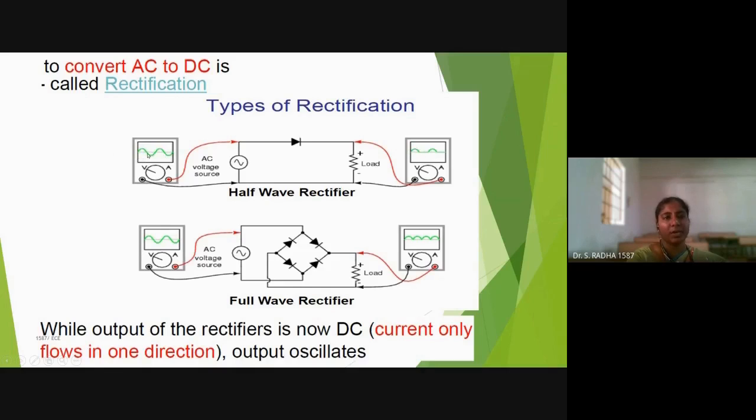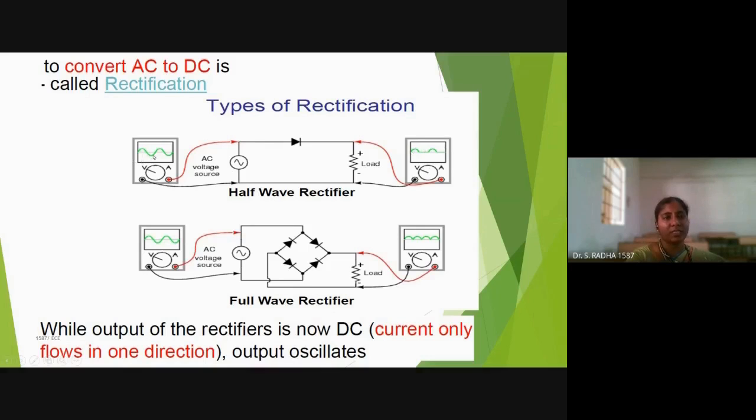When the input is a negative half cycle, the diode will be in off state, open circuited. In the positive half cycle, the diode will be in on state, or closed circuit. Current will pass through the entire circuit. When you collect the output at the resistor, you will have the positive half cycle as the output.